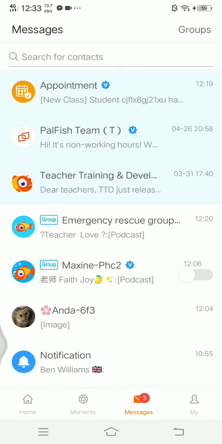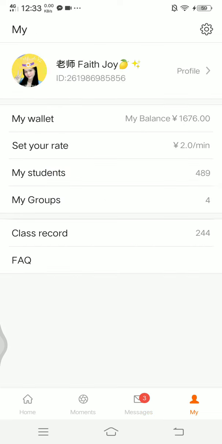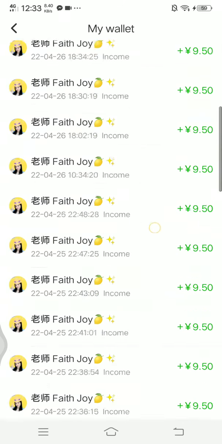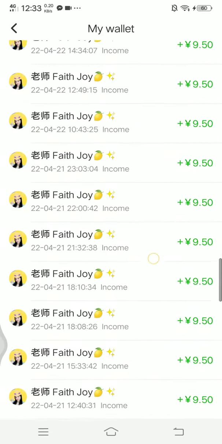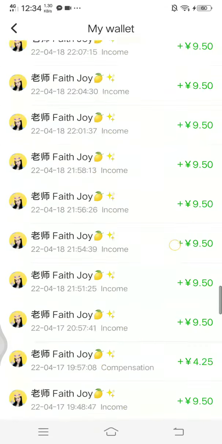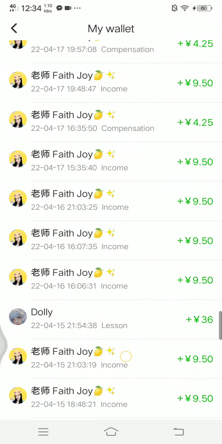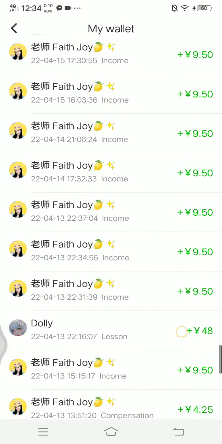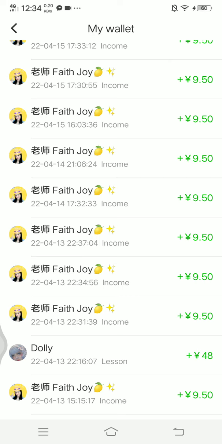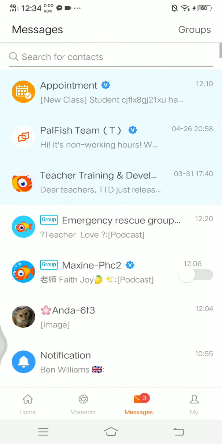And also, actually, I need to share with all of you, this is my salary this month of April. For example, I have already conducted the lesson, and then I observed that they also take a percentage of my lesson. So as you can see, this is my lesson last. Okay, this one. This is 48. Actually, this is 60. Am I right? Is it 61? Because, wait a minute. Let me